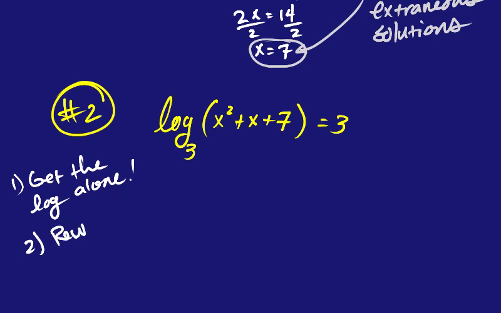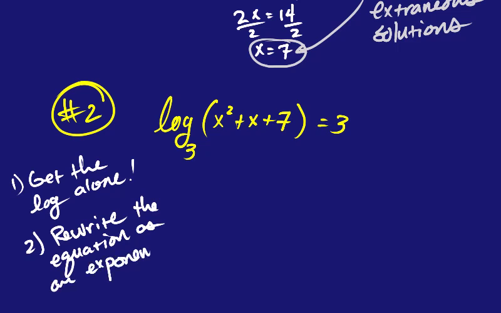So after we get the logarithm alone, the second thing we're going to do is rewrite the equation as an exponential. Remember, the way to do that is you start with the base. The base is 3, so the base of the exponential will be 3. You're going to raise it to the other side, so it'll get raised to the third power, and it equals